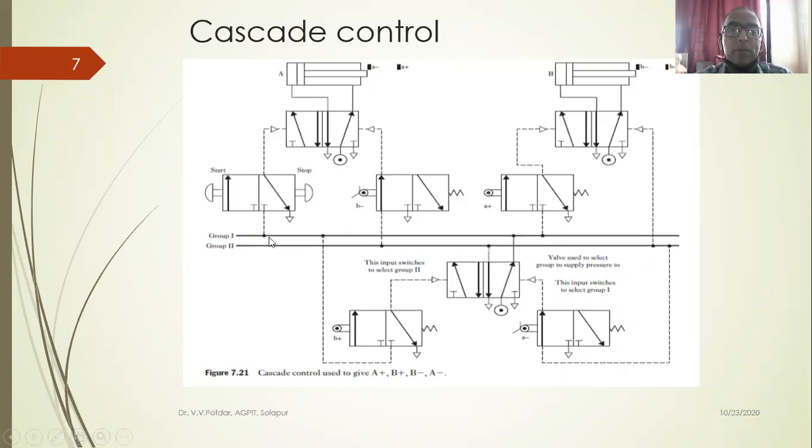So 1, 2, 3, and 4. And group 2 is also 1, 2, 3, and 4. So these are grouped separately, and accordingly I get A plus, B plus, B minus, and A minus. So this is how I get it.